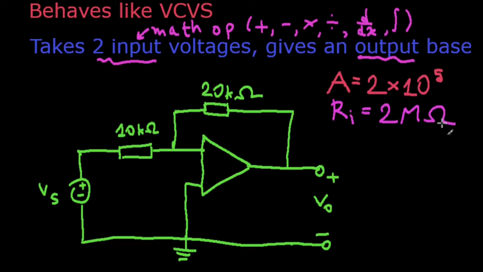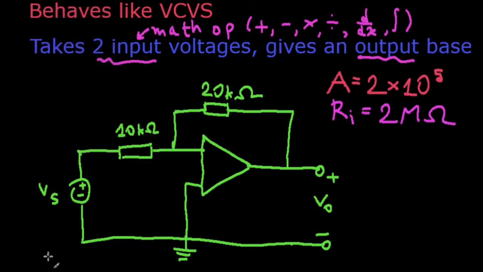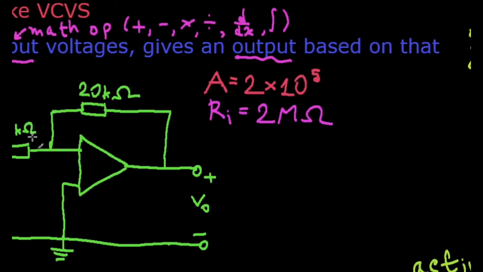Your output resistance, which is pretty small compared to the other ones, as I said before, I'll write it here. So this is 50 ohms. Anything else left? I don't think so. So what we need to determine is